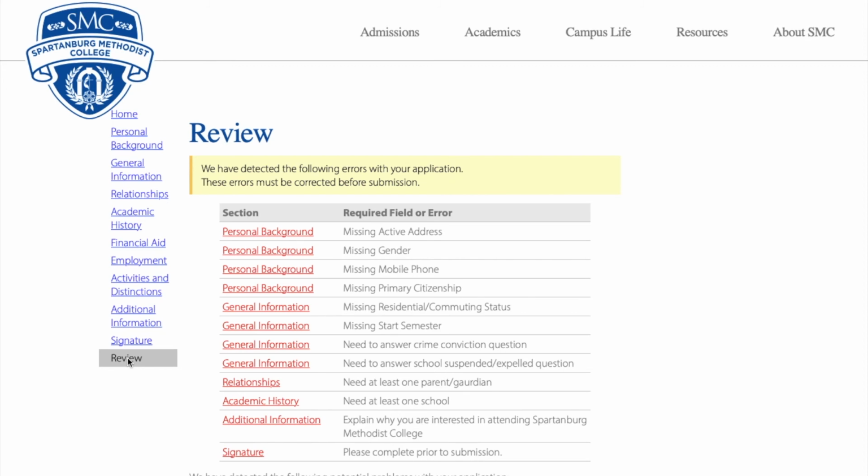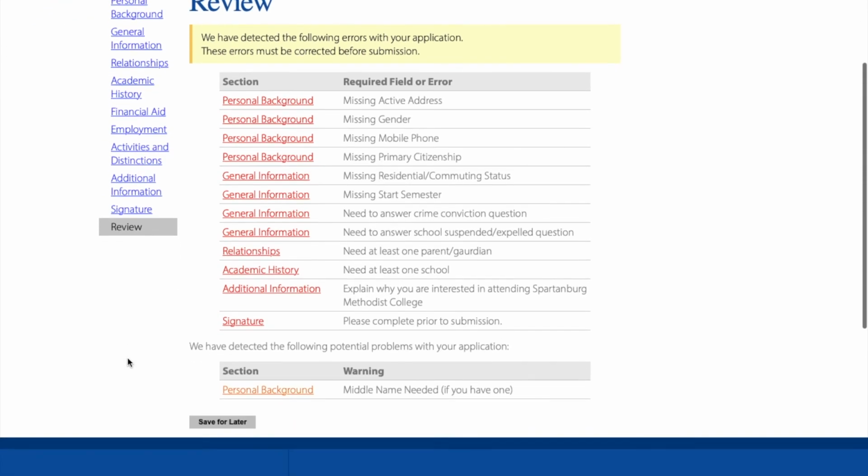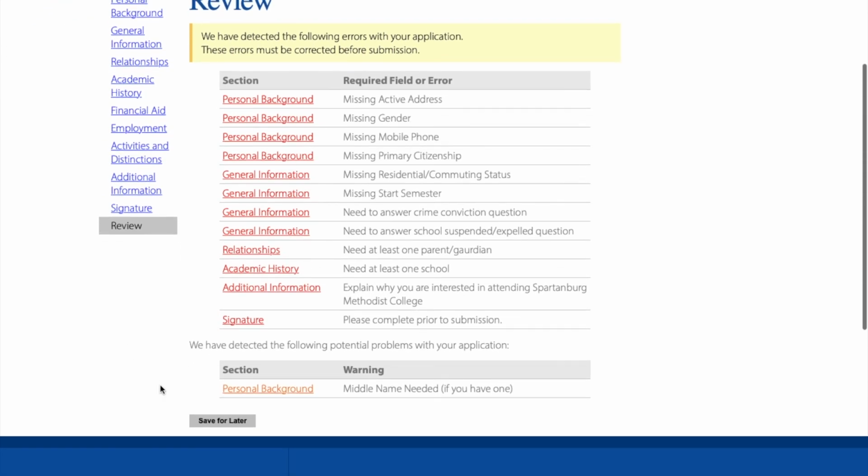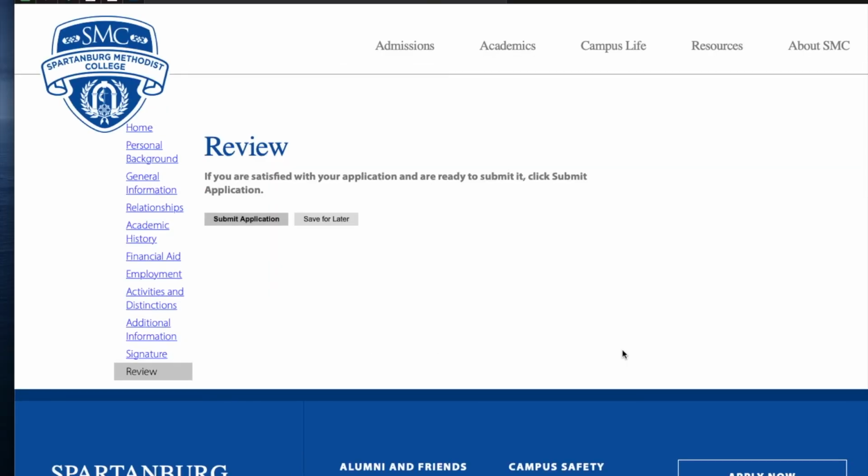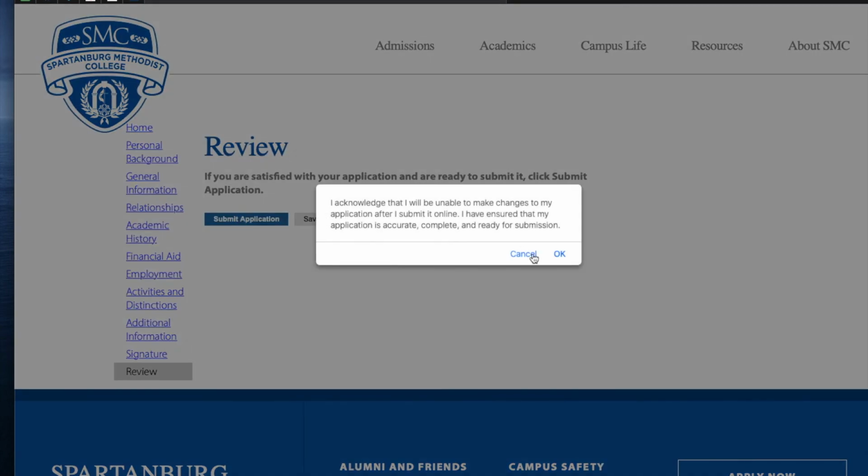So the review tab, if anything's wrong on your application, it's going to show up in red. So you want to go back and correct anything that's in red, before you get to this page, and this is what a complete application with no errors looks like. So when everything is reviewed, you can submit,